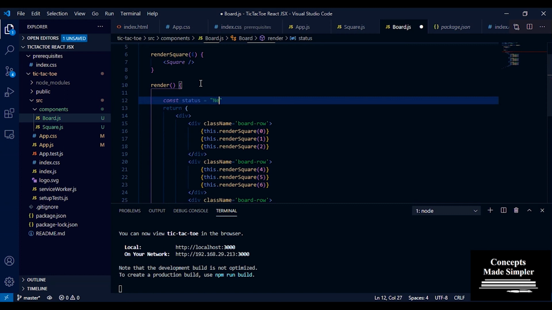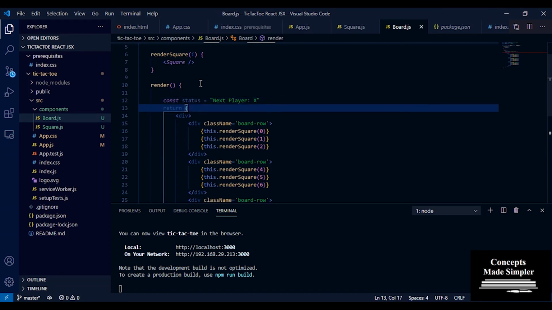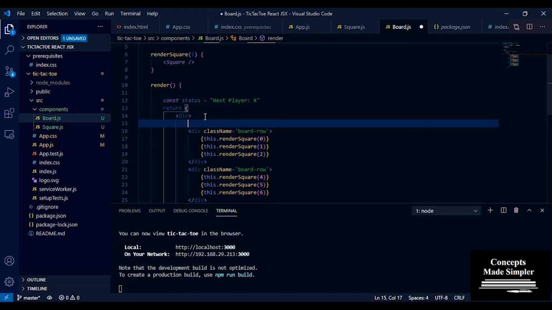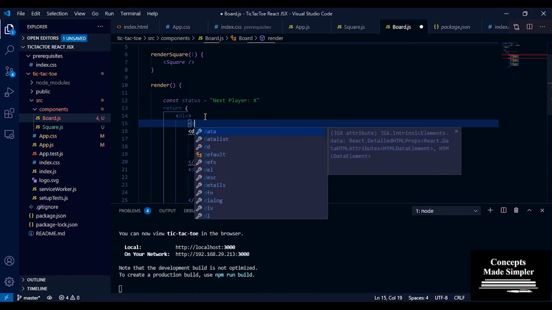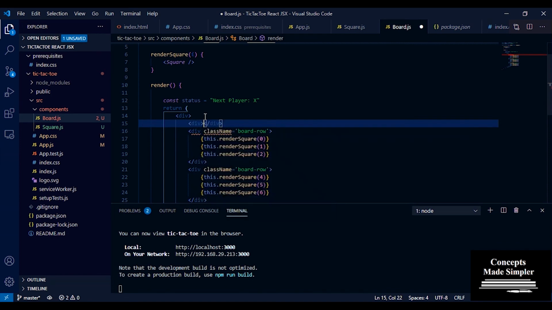For now, let's just say next player is X. I'm going to place it above this board row, in a div with a class name of status, and inside this I just want to render status.